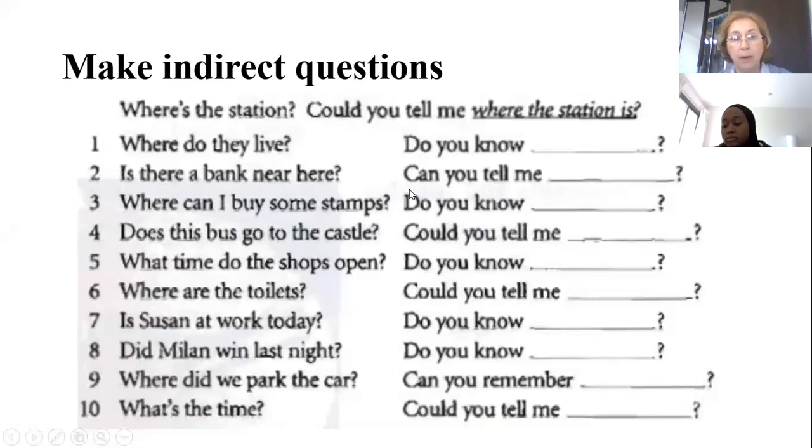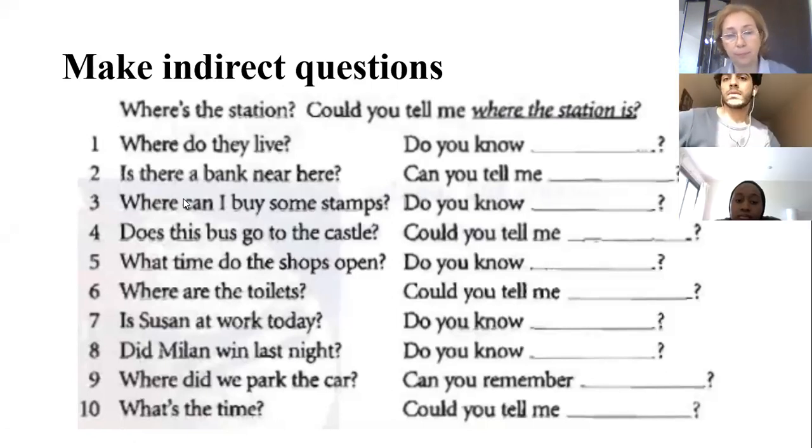Yes, now. Okay, good. So before the break, we were writing the sentences. Now let us check them, and we start with Abdullah. Abdullah Yunus, will you read sentence number 1, please? Yeah, of course. So sentence number 1 is, where do they live? So it will be, do you know where they live? Will you repeat, please?